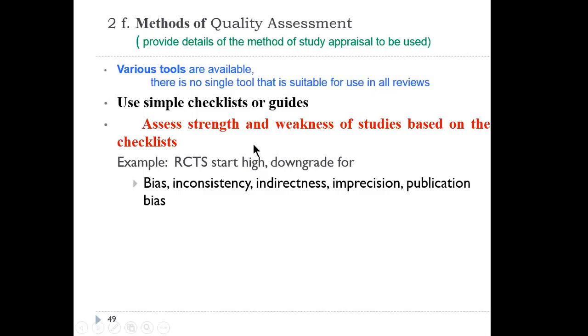At the end, now we are going to use checklists to check the quality, but what you are checking is strength versus weakness. If you find more strengths in the study, then that article is good. But if you find more weaknesses in the study than the strengths, then that article is not good. We'll come to that. I will show you how we are going to deal with those. So for example,